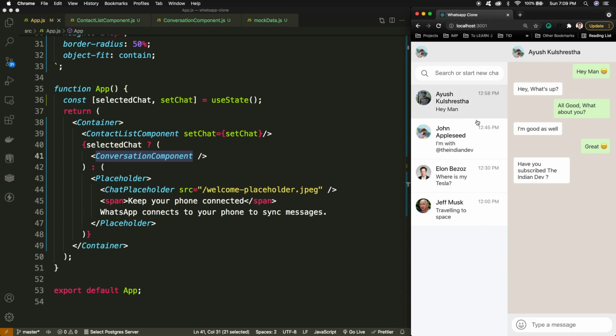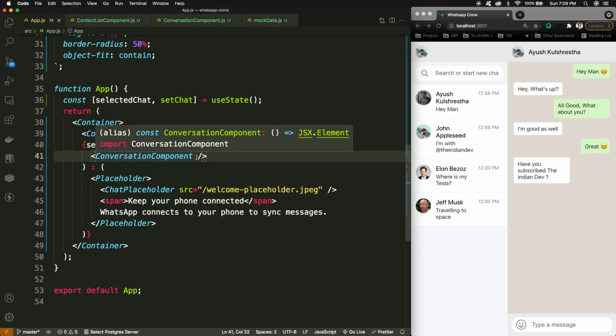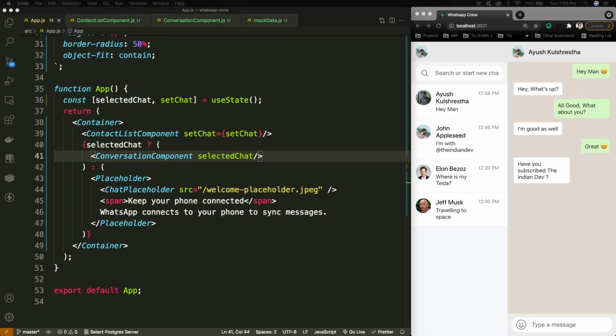Now what we need to do is make it dynamic. So for that, I'll simply pass this selected chat to the conversation component so that it can analyze what chat is selected.